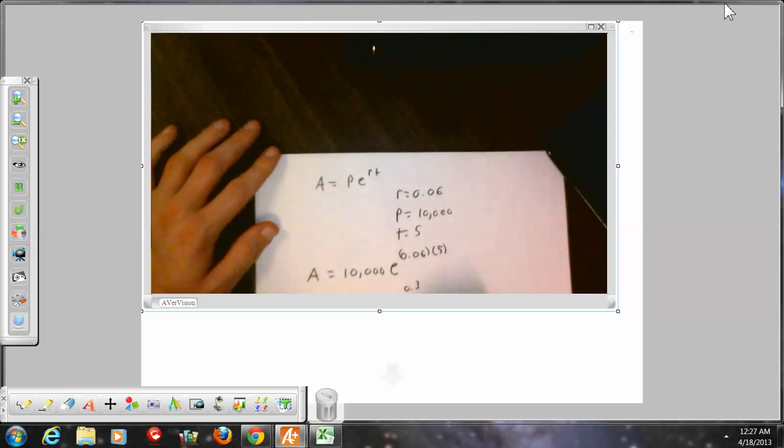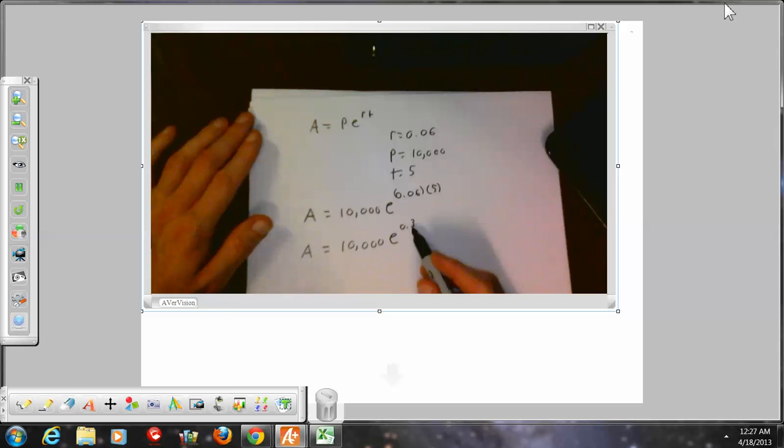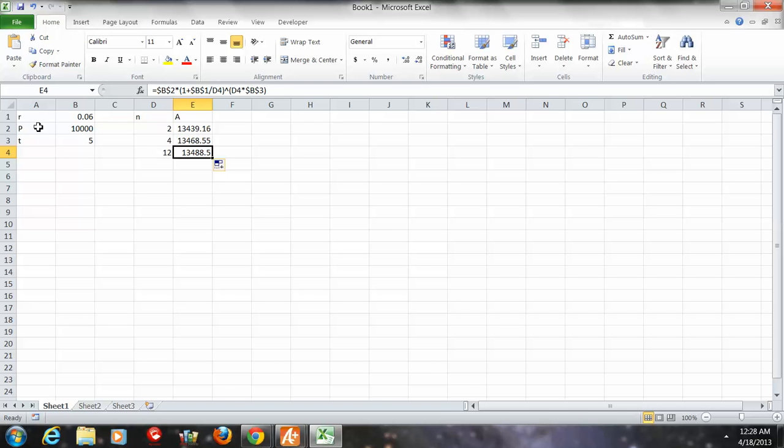Now this is an exponent, so what we have to do now is e to the 0.3, and e is a number. It's kind of like pi. You can't really write it down, so you put it in your calculator and you get a bunch of decimal places. I'll do it in Excel. To do it in Excel, you do exp and type the number you want to raise it to. If I want just the number e, I would do a 1, and that's approximately what e is. But we want to raise e, and in Excel you do equals exp of 0.3,